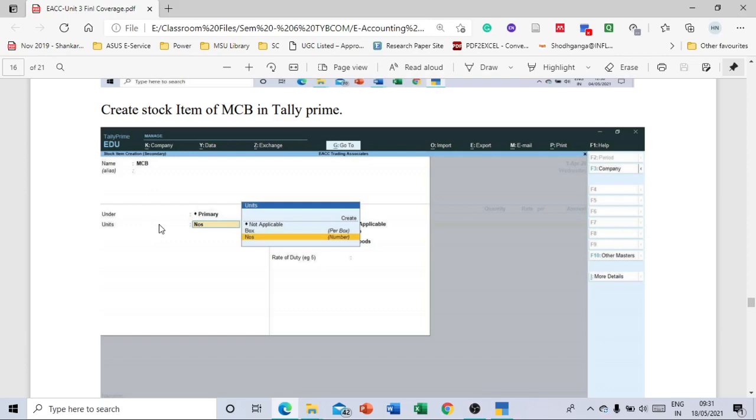It is asking for grouping under, it is written I am under the primary, and it is asking for units. So you can see on the screen there are two units of measurement available. I have created two units. First I have created box, that is per box, and I have created nums also, that represents the number. So you remember that is how we can go for the creation of unit of measurement,